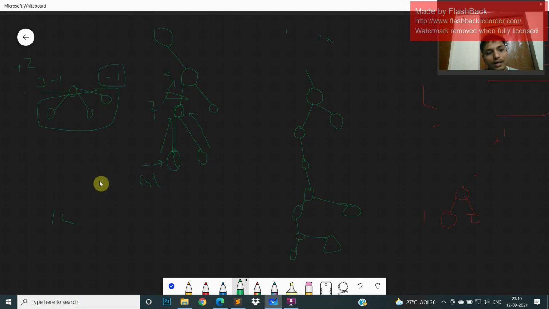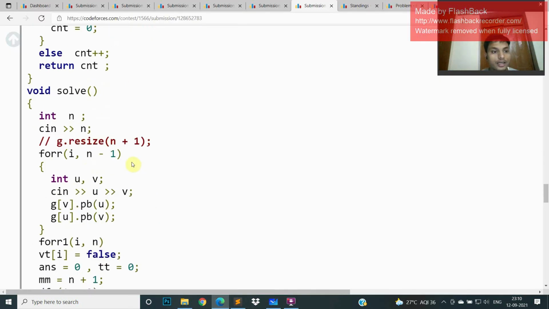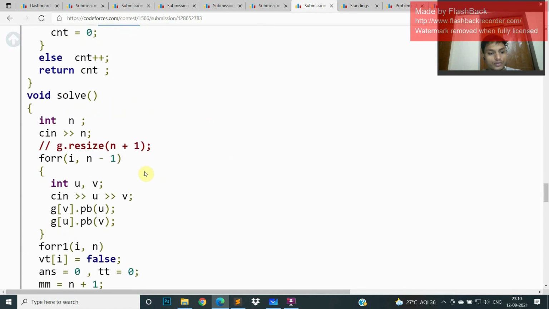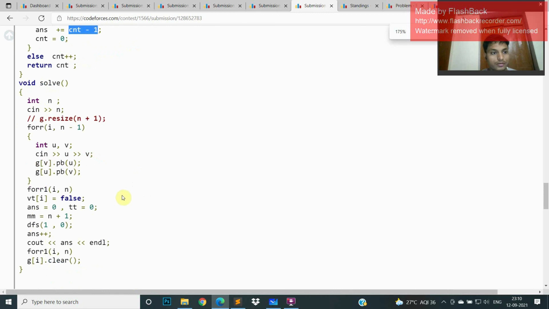But at the last there is one node which doesn't have any further node, so I have to increase the answer by 1, because I am assuming that there is a bud after this. Okay, this is the solution. Hope you understand.